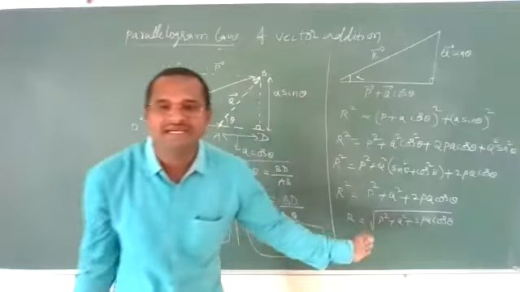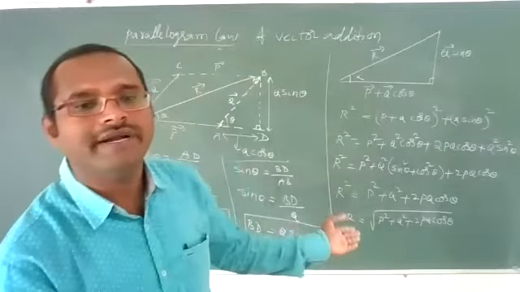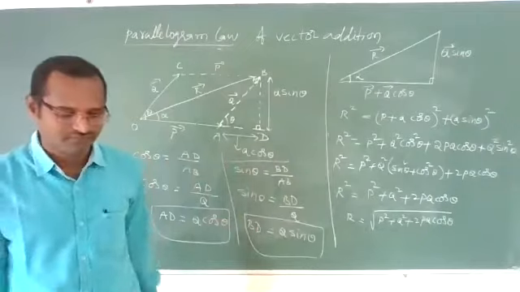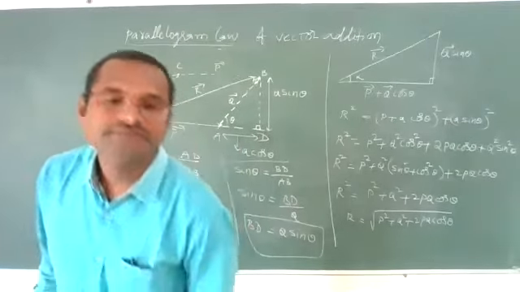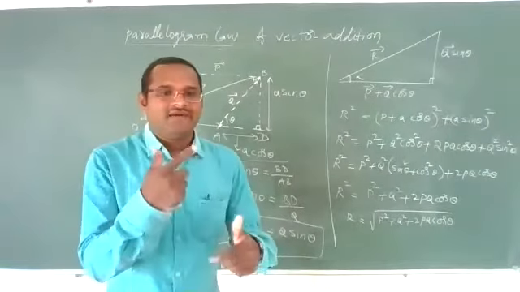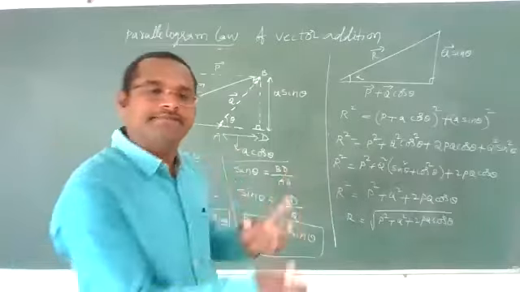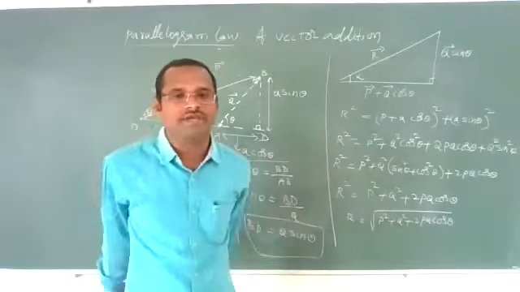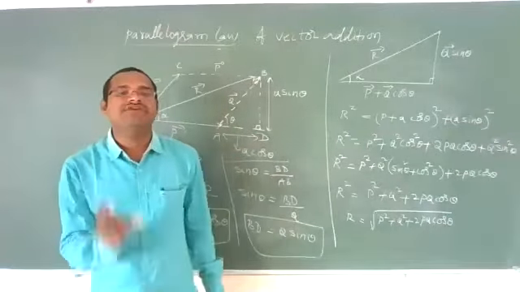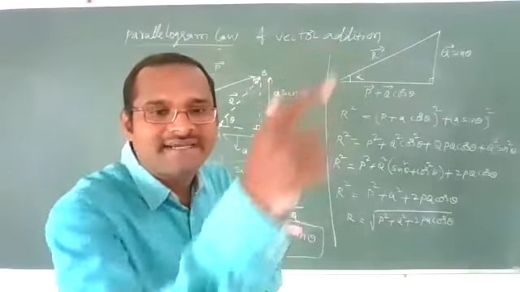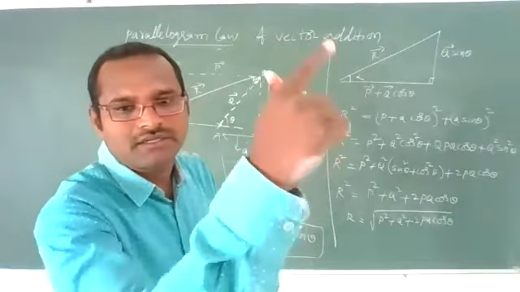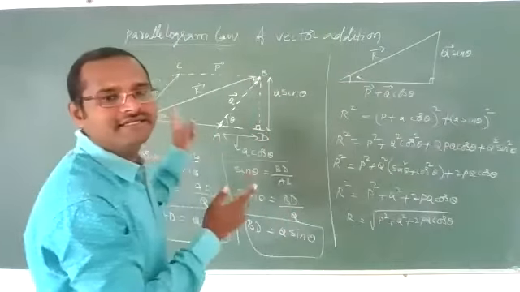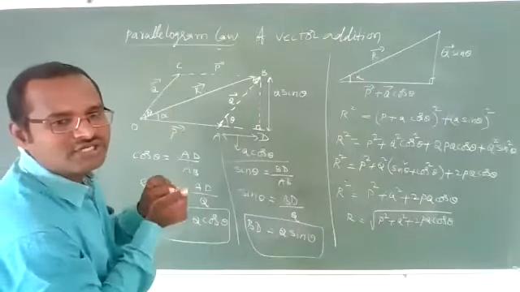Yes, it is again the same resultant value that we got in triangular law. Same value. Clear? Where we have to use triangular law, where we have to use parallelogram law. If it is clear for you, then everything is okay. Triangular law we have to use when two vectors are taken in one particular order, P bar, Q bar, like this. But in parallelogram law, both are starting from the same point.